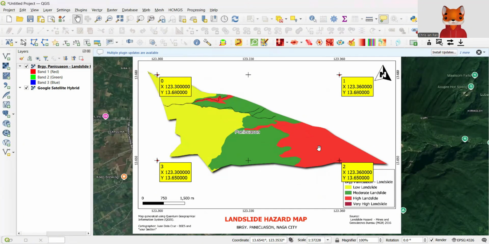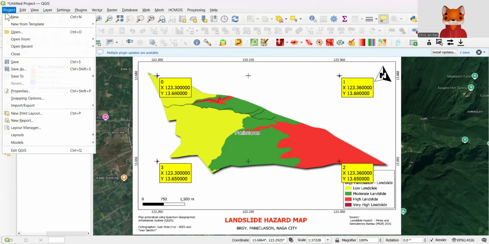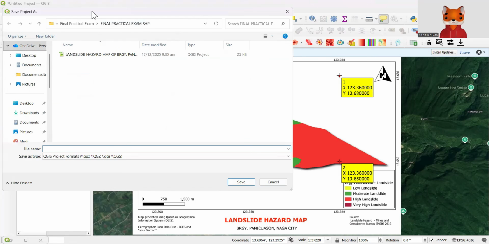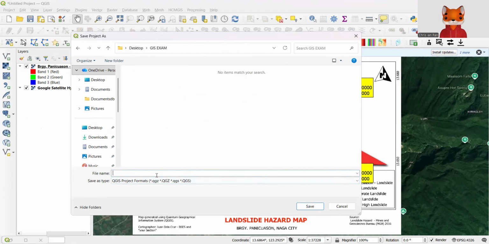Compared with the opacity of 50%. Before you do anything, you should first save your file, so that later on if there is a power interruption, your file has already been saved. To do that, you go to project, then you select save as, then you will look for your file. My file name is GS exam. Under this folder, GS exam, I will name my file as